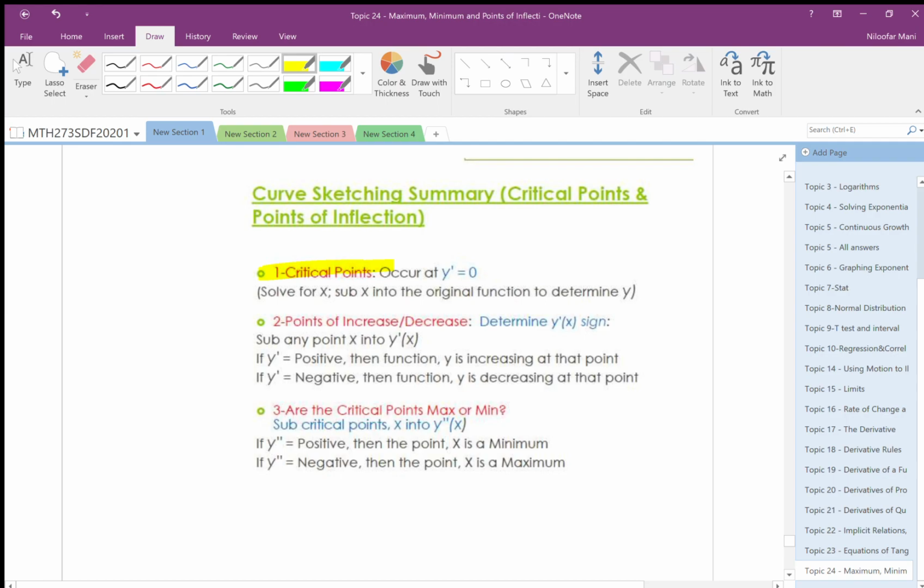I can find increasing, decreasing. Increasing, decreasing helps me to know the direction of my graph. It's going up or down. Critical points, I need to check if critical points are maximum, minimum. Okay, so